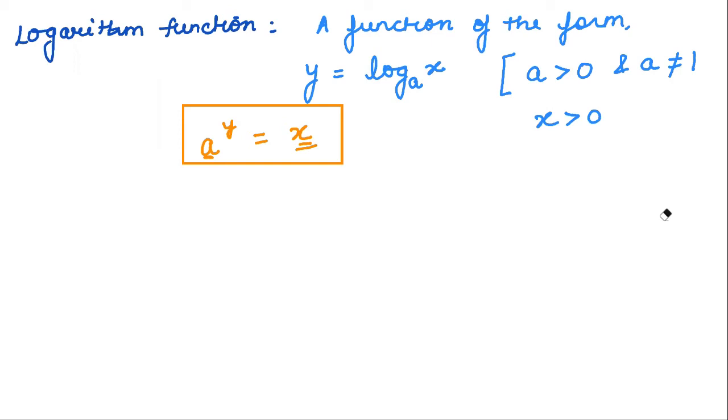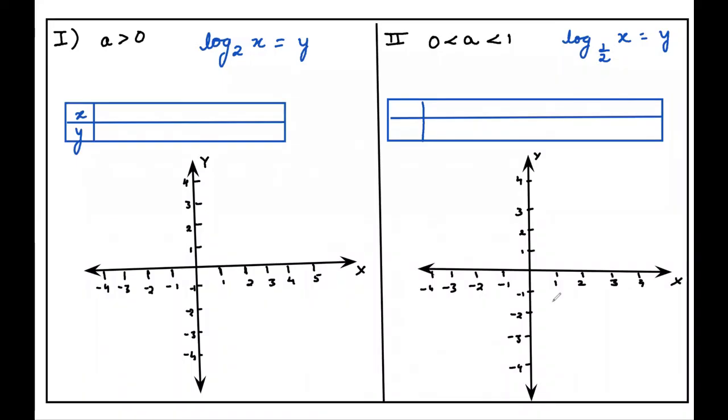So now we are going to see the graph of logarithm function. So now let's plot the graph of the logarithm function. एग्जाम्पल लेकर हम प्लॉट करेंगे. दो केसेस हमने लिए हैं, a greater than 0 जब हमारे पास, और a जब lie कर रहा है 0 और 1. So let's say first we want to make the graph of y is equal to log x with base 2. Now we know that we can write this in exponent form, वो हमारे पास ज्यादा easy रहता है to find the values. So this can be written as 2 to the power y equals x, right? So इधर से हम values देख लेते हैं.